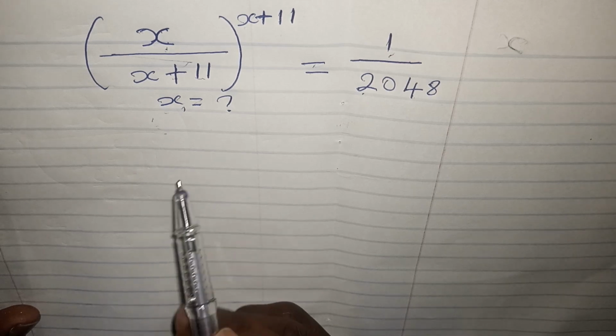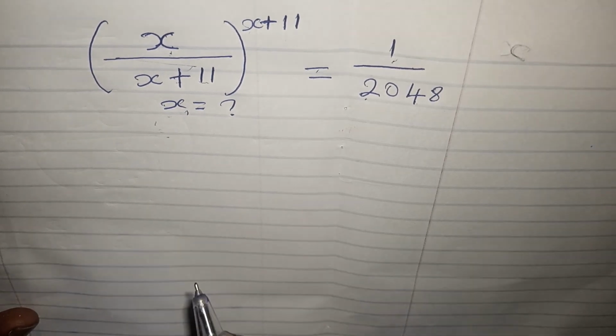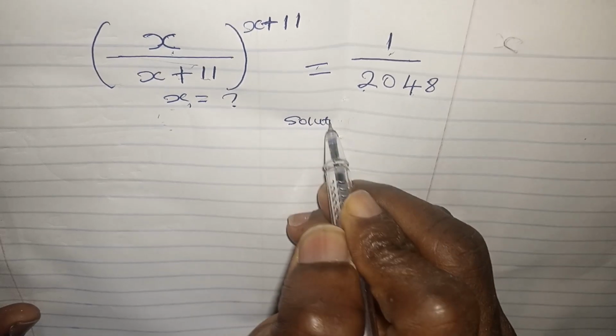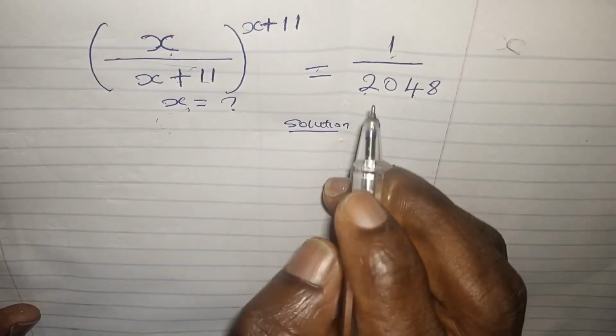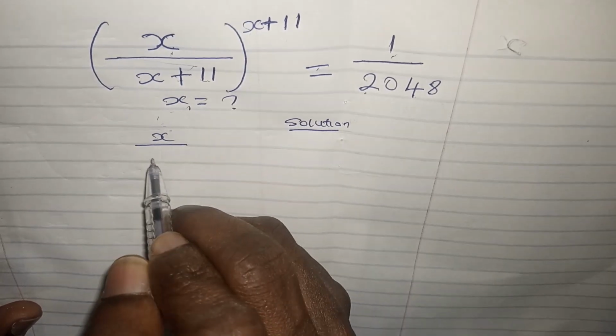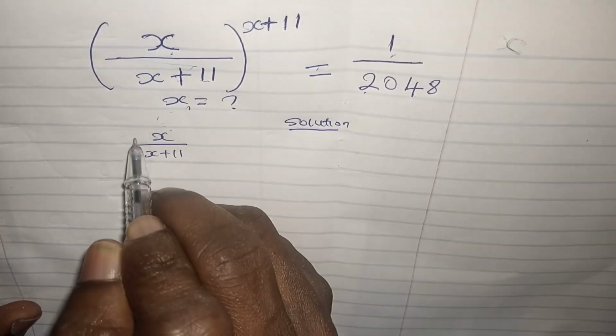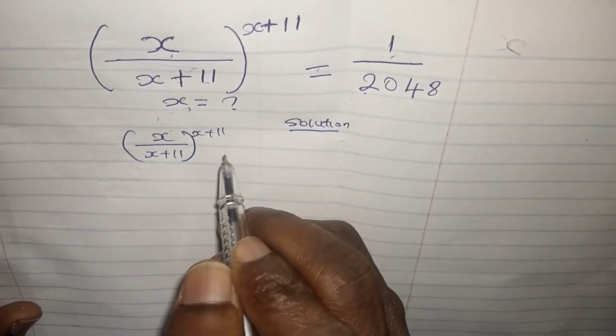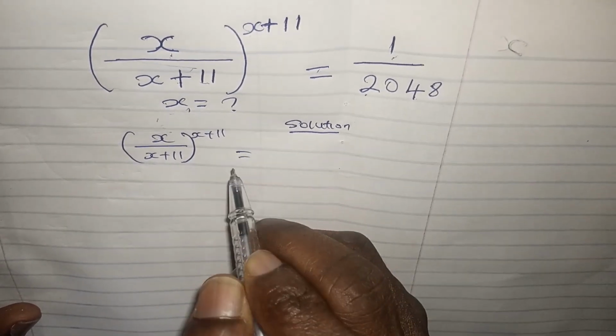So let's see how we can solve something like this. I'll simply say solution, then I write down the question, which says (x over x plus 11) all to the power of x plus 11 equals to